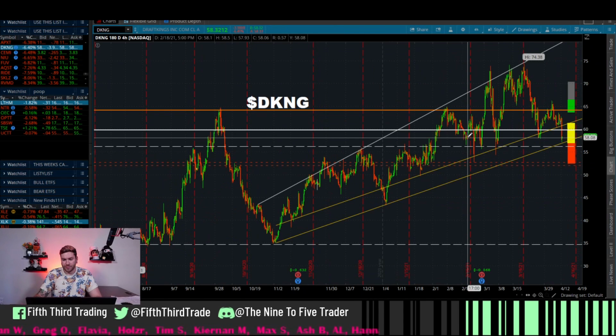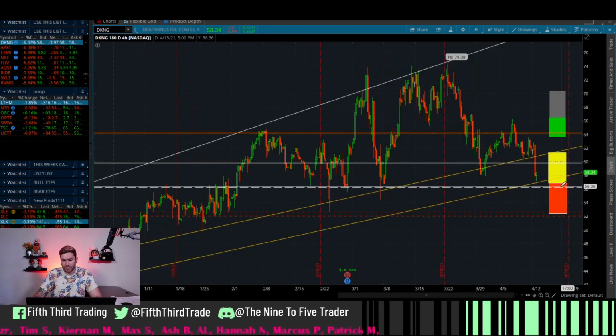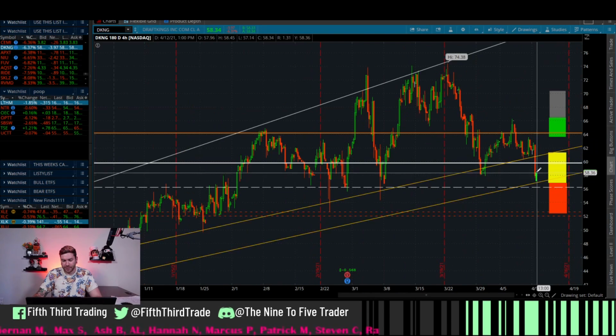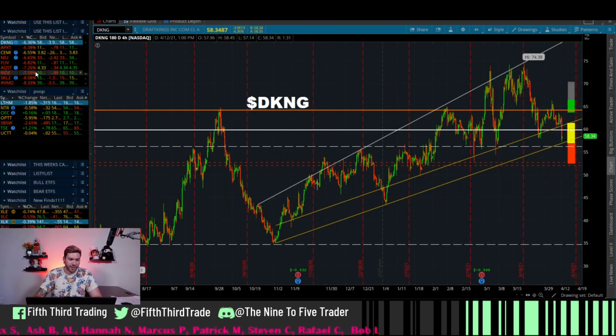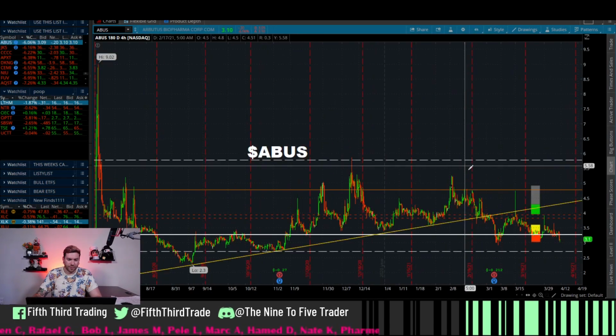There's also some really good sales going on up here. I think the biggest one is DraftKings. I was talking about it today in some other chats. It's bouncing right where I thought it was going to bounce. It comes down, hits here, and lives. If you want to get in DraftKings, it makes a lot of sense. Semis are really low, coming down to where I'd probably buy soon. A few are looking really good. I don't think ABS looks good. It looks okay. So there's some value to be had.